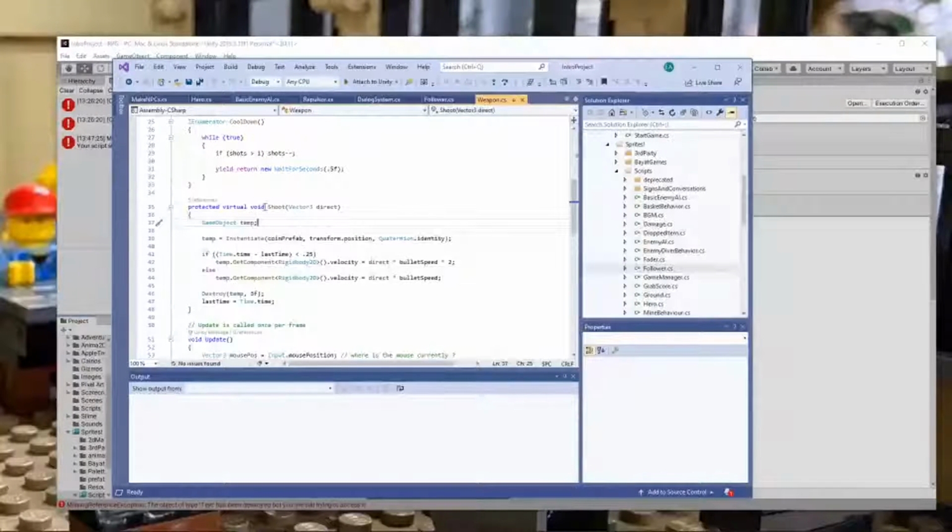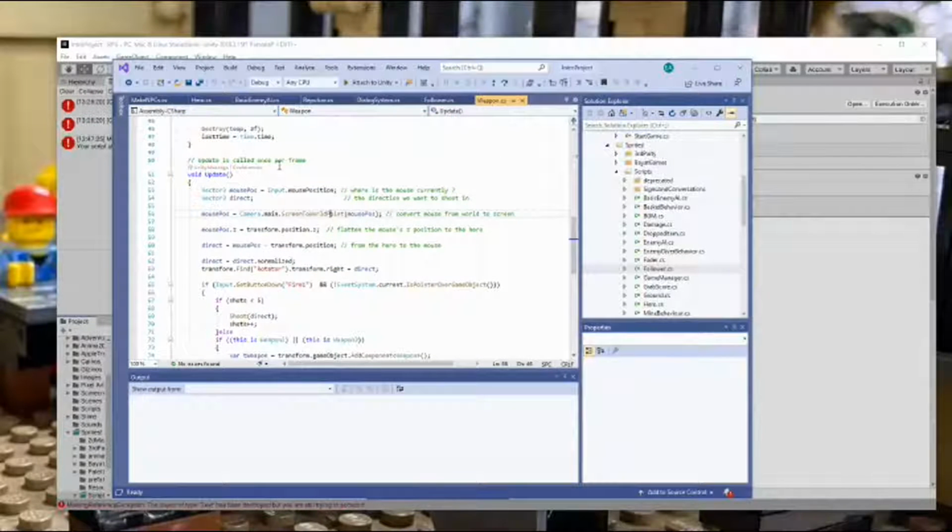Okay, it basically says, what direction? Now the direction is passed to it, right? This shoot routine has the direction passed in. There are some ways to speed up, kind of turbocharge the bullets as well, but this is the basic idea. If you've called this less than a quarter of a second ago, it has a faster bullet, but normally it just shoots it at its bullet speed. And then it schedules that bullet to be destroyed in 3 seconds.